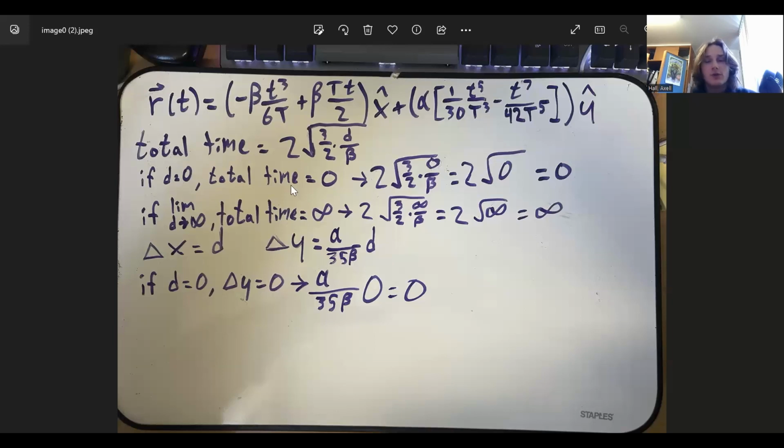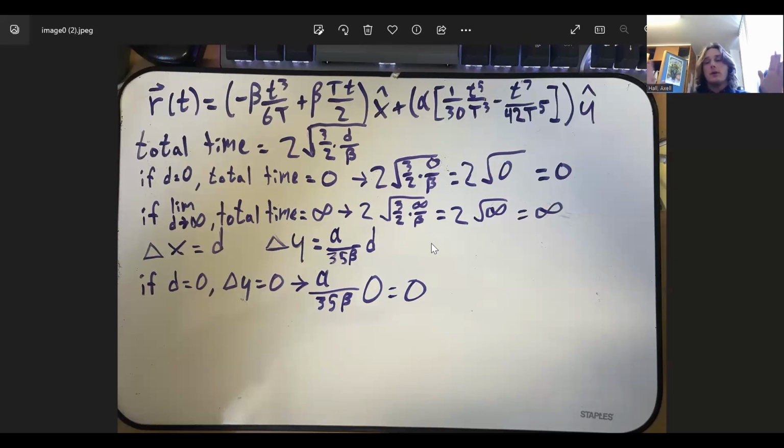So if D equals 0, total time is also going to equal 0, because if the helicopter didn't move physically or horizontally at all, it's also not going to move vertically at all. And if it's not moving, there's not going to be any time interval because it never left. So there's not going to be an initial time, there's not going to be a final time. Total time is just going to equal 0. Or we're going to find the limit as D approaches infinity. The math for D equals 0 is right here. And then the limit as D approaches infinity, we're going to get total time equals infinity, which makes sense because